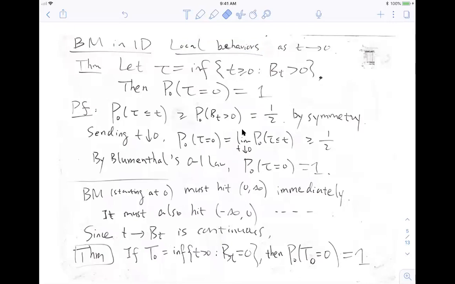Local behavior of Brownian motion. Let's see first. We define a stopping time, tau. It's a continuous-time stopping time. We haven't defined it yet. The stopping time for a continuous stochastic process is in the next lecture, in the next section. I can tell you, tau here is the stopping time. So tau is the hitting time